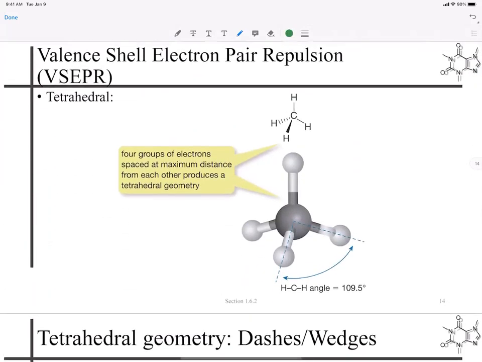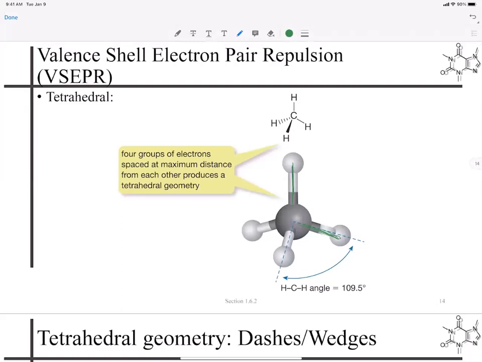And then finally, when we get to four single bonds around the carbon, it likes to form this tetrahedral geometry. This one's perhaps a little more difficult to visualize because this molecule is no longer planar. It does have some three-dimensionality to it. So the way they're showing you this particular structure here, you're going to have a couple bonds that are in the plane of the screen or the paper. So in this particular case, from the drawing above, this bond here and this bond here are in the plane of